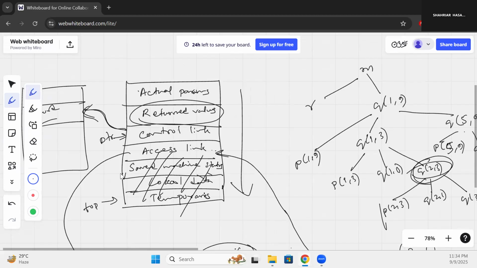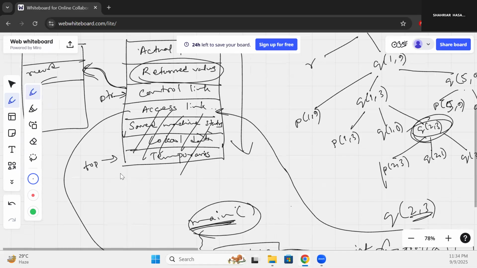Now, obviously, all the functions won't have a return value. Why? Because there are void functions as well. Hence, the return space or return value won't always be utilized. And finally, there are the actual parameters. Now, why this